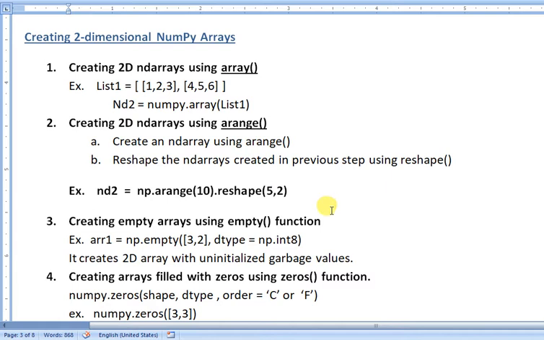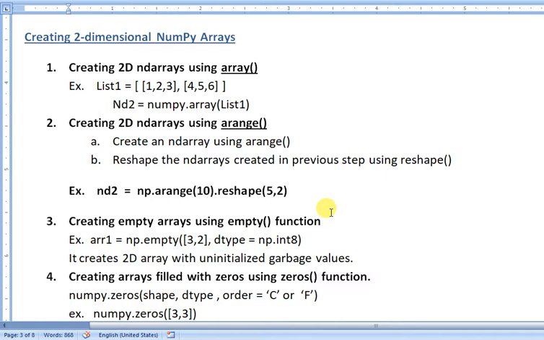The number you pass, it will generate from 0 to the number you passed minus 1. Suppose n is the number passed, it will generate 0 to n minus 1. We can also pass start and stop values with the arange function, meaning from where you want to start generating numbers and up to which number. Both the initial value and the final value we can pass.